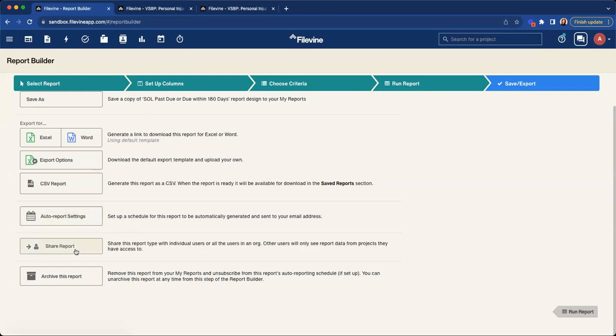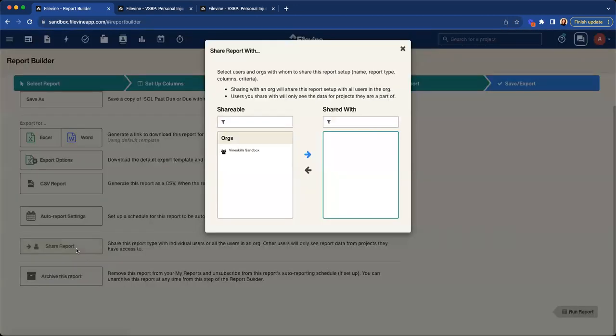Share report is important. By default, when you create a report in Filevine, it's only going to be visible to you. So if you want other people on your team to be able to see the report, you can do one of two things. You can either share it with your entire org, which would give everyone access to that report, or you can choose to share it with individual users. So maybe I only want Jasmine to be able to see this report. I'll share that with her. So she and I are the only ones right now who can go in